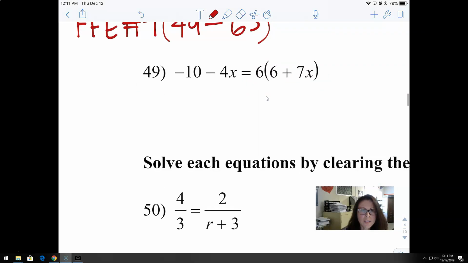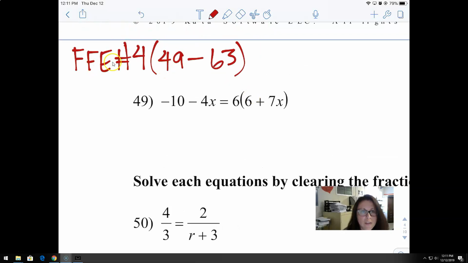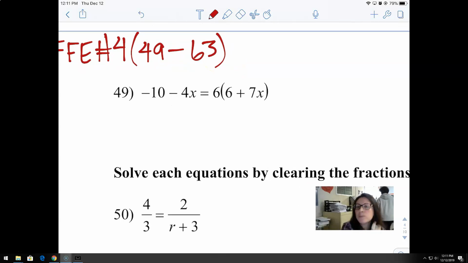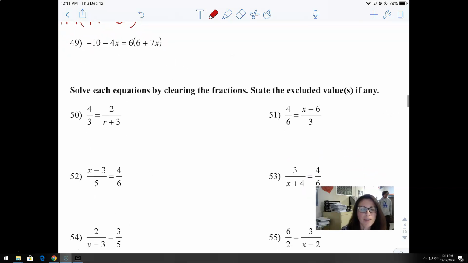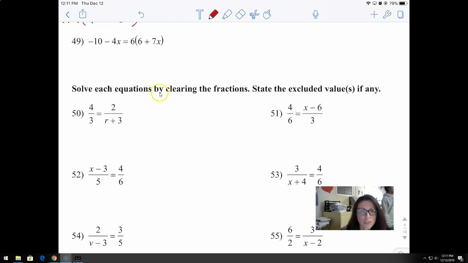All right, so this is the beginning of fall final exam number 4 video, covering numbers 49 through 63. I'm not doing all of them, but I'm doing a few of them to make sure you guys understand what you're asked. So looking at number 50, it says solve each equation by clearing the fractions and then state the